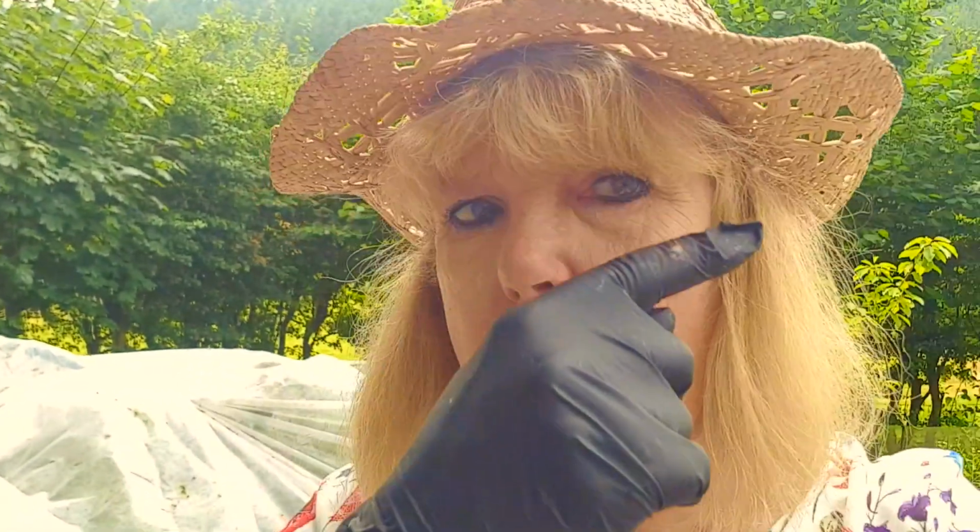Look, my hair's gone all curly now because my forehead is sweating. Oh, as soon as my hair gets a tiny little bit damp, it goes curly. Anyway,